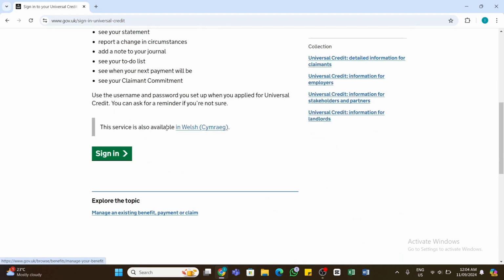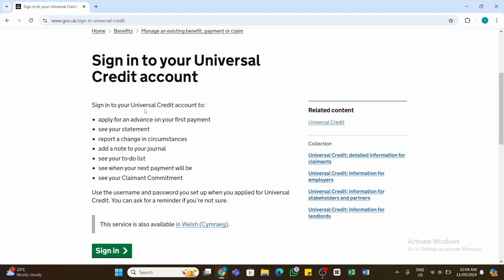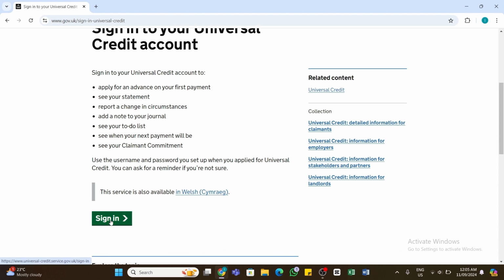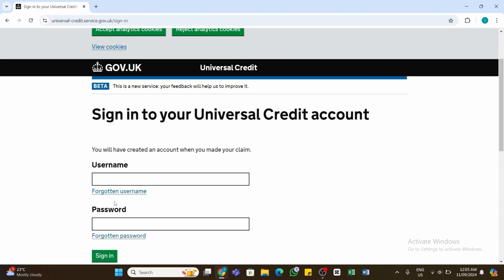Here scroll down and under the sign into your Universal Credit account, here you will be able to see the sign in button at the very bottom. Here you will also see the steps on how you can sign in to your Universal Credit account. Now go ahead and click on this sign in button, and after doing that, you will be presented with this